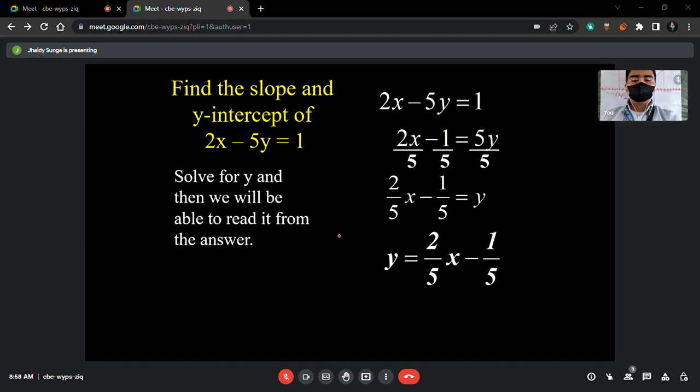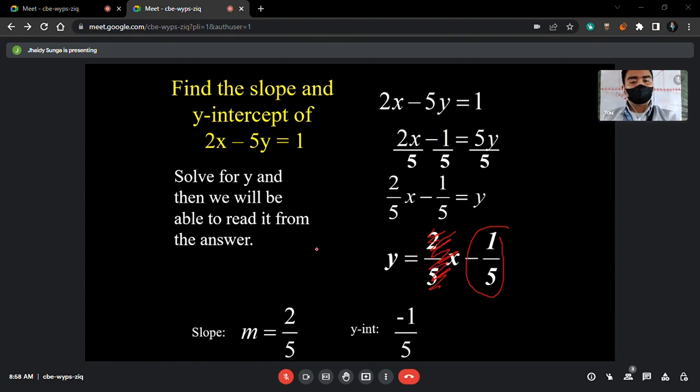Okay? Now, we can clearly see that your slope is 2/5, isn't it? And your y-intercept is negative 1/5. This is the only thing I am saying: when you are going to find your y-intercept, just cover this x. Isn't it? So you have it. That's the only thing. Okay. Alright. So next,